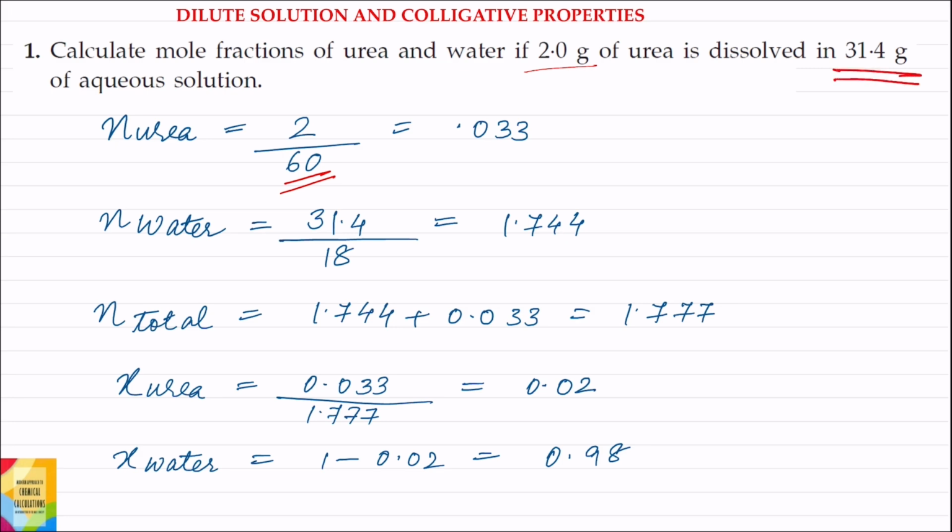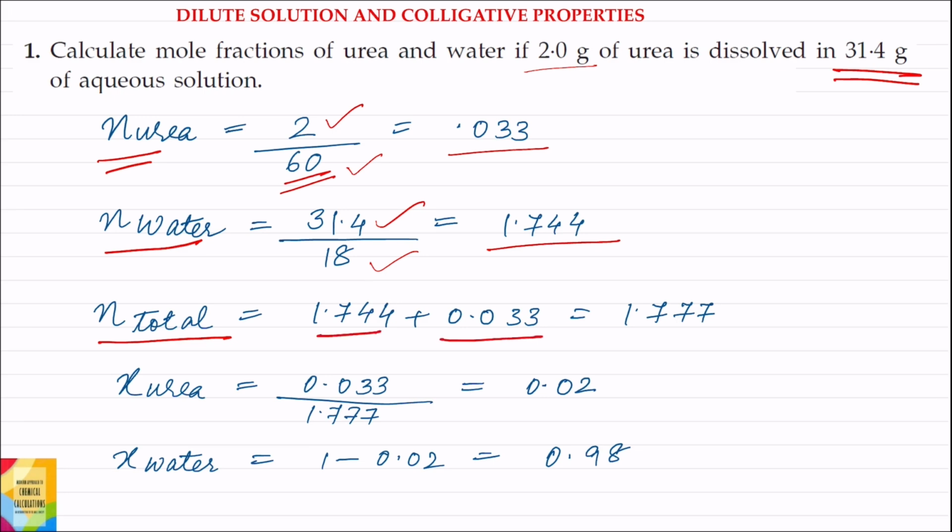First of all, we will find out moles of urea. तो moles of urea हो गया weight of urea divided by molecular weight of urea. And this is equal to 0.033 moles. Now moles of water is equal to weight of water divided by molecular weight of water, and this is equal to 1.744 moles. Now total number of moles होगा moles of water plus moles of urea, and this is equal